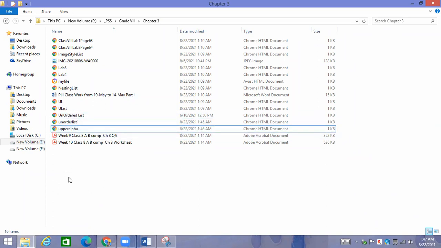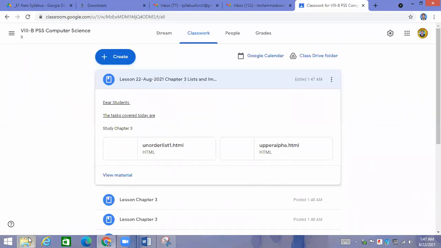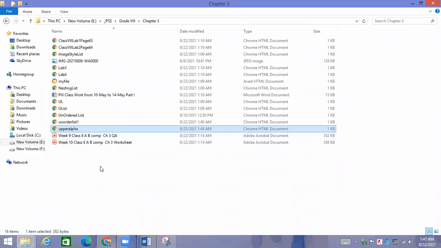Now, the most important thing is how we can take an image instead of these numbers or circles, just like I have taken in the unordered list. Keep in mind, when the numbering is there, it is an ordered list.